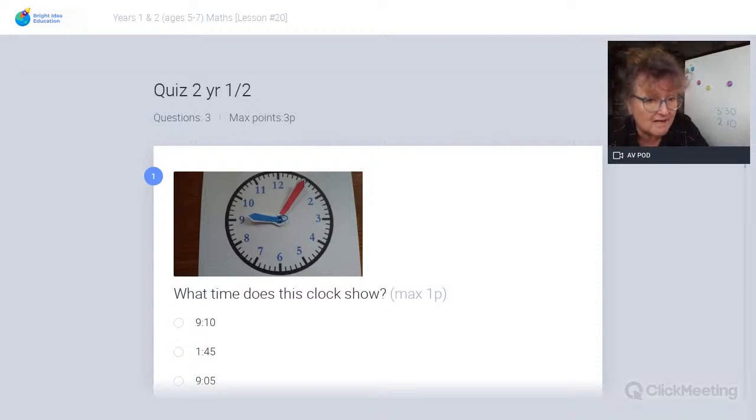So it is 12 hours and some minutes. So the first figure is 12. So it's past 12, but it's not yet 1. So it's 12 and how many minutes? Well, let's have a look. 5, 10, 15, 20, 25, 30, 35, 40, 45. 9 lots of 5. 3/4 of an hour, which we know is 45 minutes. So it is